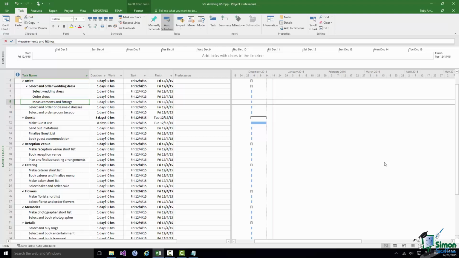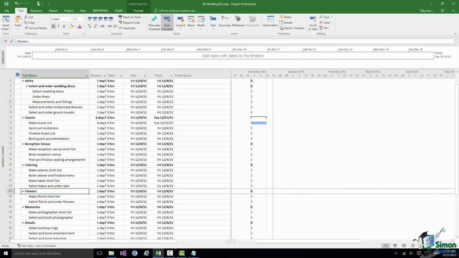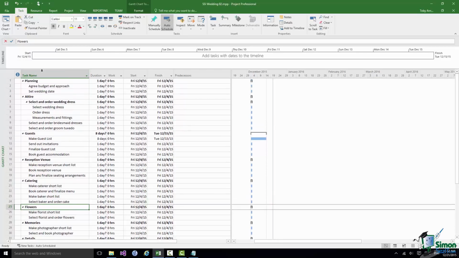So there'll be much more detail to add, and it's usually the case when you start to increase the size of a project that you only want to look at certain parts at certain times, or even that you only want to look at the project at a certain level. Now, there is a straightforward way of determining the level of detail that you see in a plan such as this one. What I'm going to do is to scroll back up to the top of the plan.